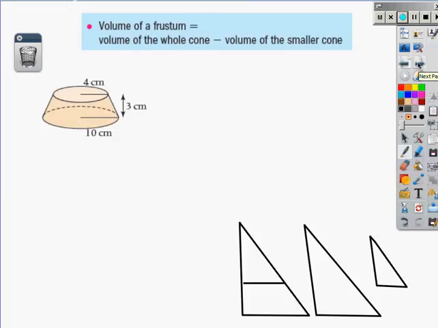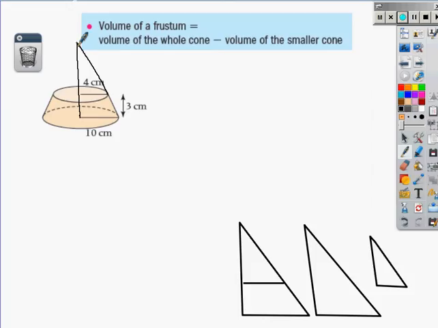And now we're going to try and apply it to a question, but there's quite a lot of work we have to do in this, so pay attention really carefully to what we're doing at each stage of the process. Now here is our frustum, and at the moment we only know that the area of the circle at the top is 4, the circle at the bottom is 10, and the height between them is 3. So we need to try and think about what our large cone and small cone are going to look like. Now to do that, I'm going to draw in these lines here